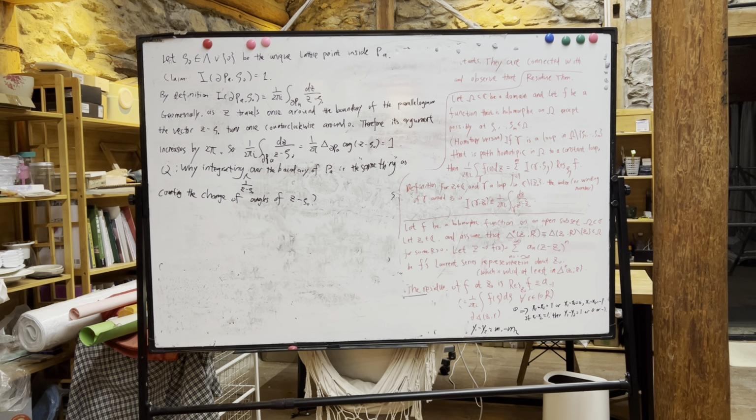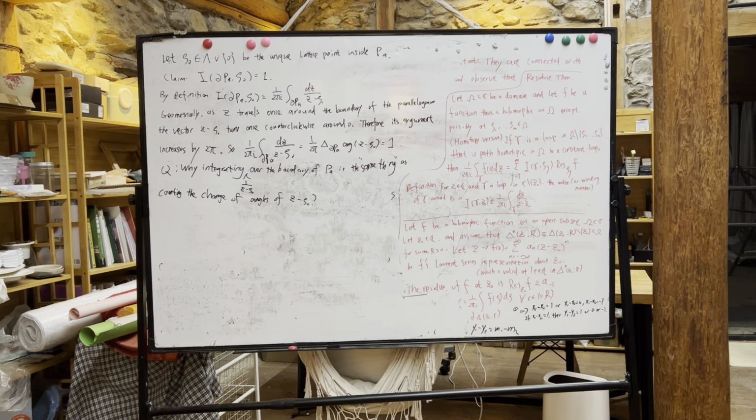Can you explain to me why? On the one hand, we have 1 over 2 pi i times the integral over the boundary of the parallelogram of dz over z minus zeta naught, and I'm not sure why this is equal to